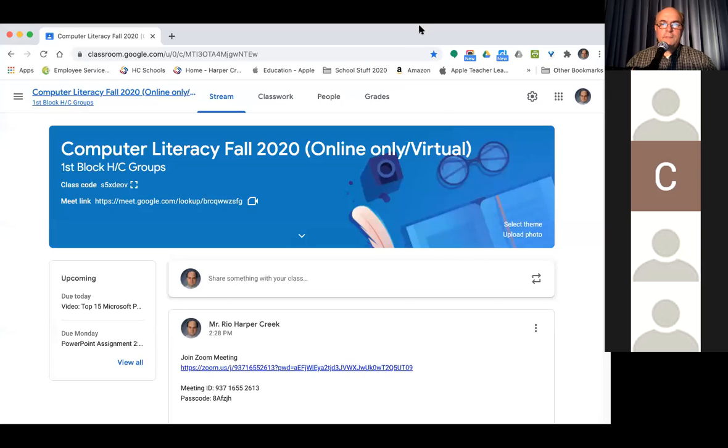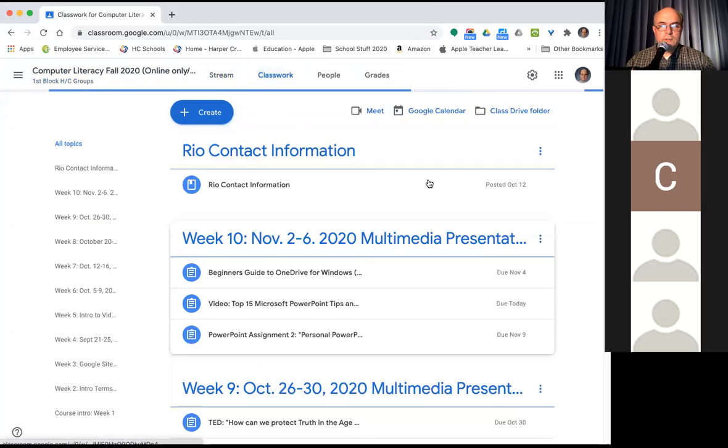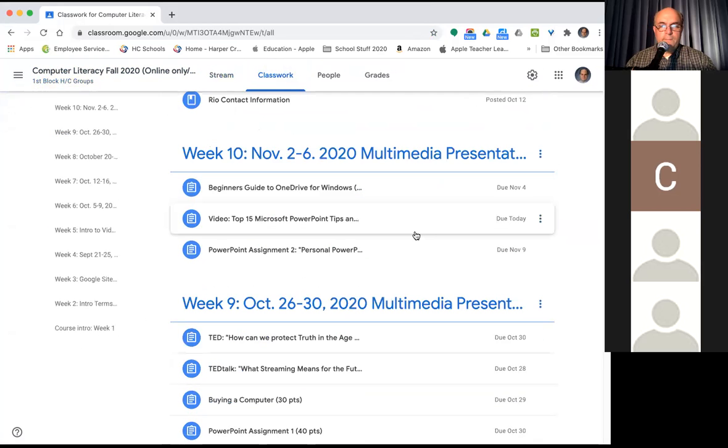So here it comes. Okay, computer lit this week. For those that are at home, and some of you watching this might be at home, some are at school, I'm going to go straight to our week here. The big thing is our personal PowerPoint, which I'll come back to last. The two smaller things this week, we're not doing these two in class, so these are for everyone to do